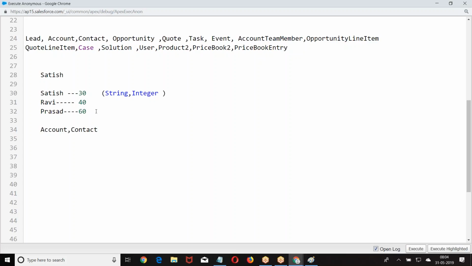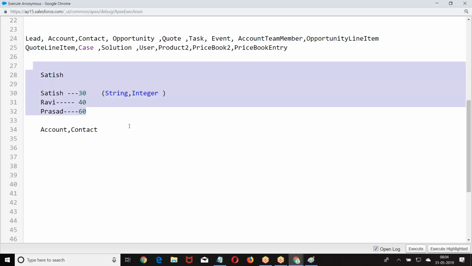So if you want to create your own data type, then we go for wrapper classes. Wrapper class is used for what? Wrapper classes are used for creating user-defined data types.